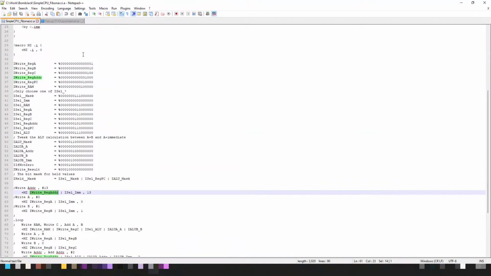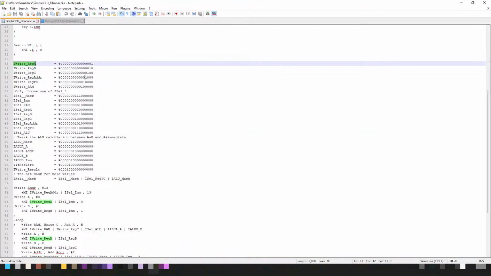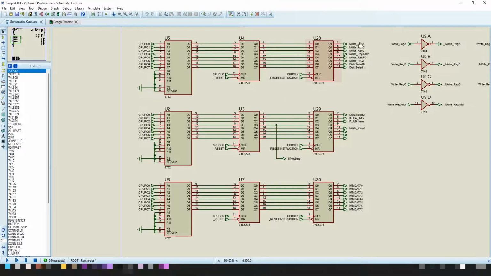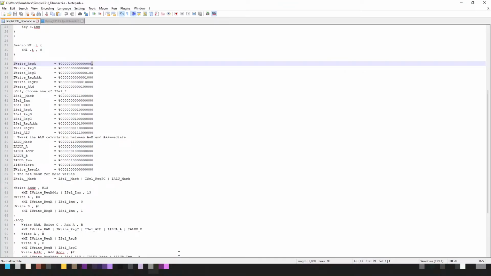Now, all of these signals are represented by these label names, and you'll notice that this bit pattern here counts up. So say, for example, write register A is the least significant bit here, and the least significant bit in the simulation is here, because this is the least significant byte, the middle byte, and the most significant byte of the instruction. And it gets piped through to here. So this is a single bit signal. I write reg A corresponds to